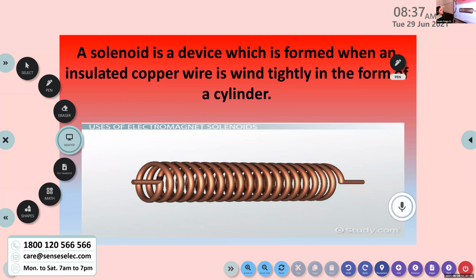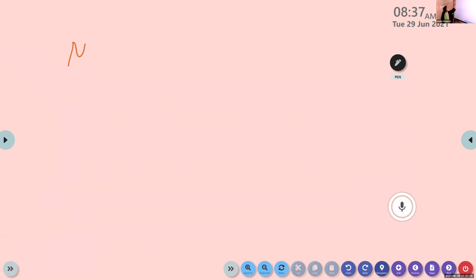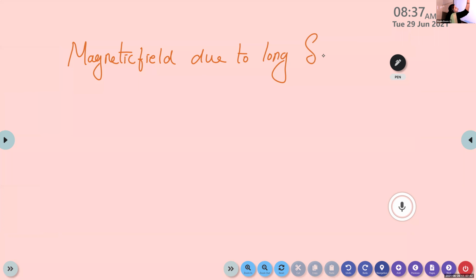So a solenoid is a device which is formed when an insulated copper wire is wound tightly in the form of a cylinder. So now we can check the magnetic field produced by the solenoid. Magnetic field due to a long solenoid. So in order to derive the expression for the magnetic field due to a long solenoid, consider a solenoid